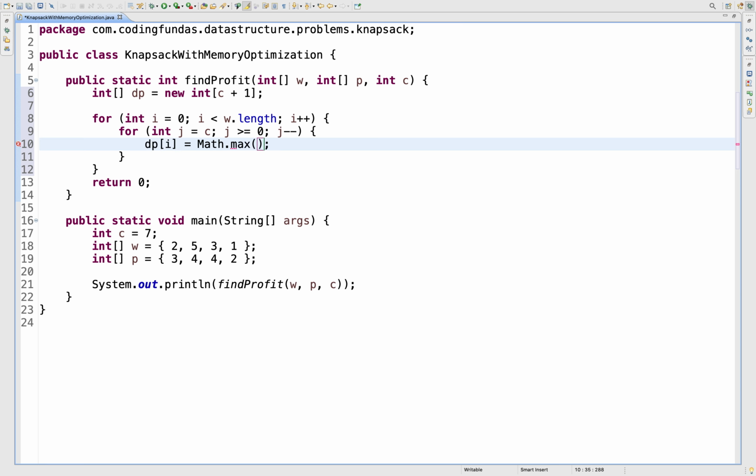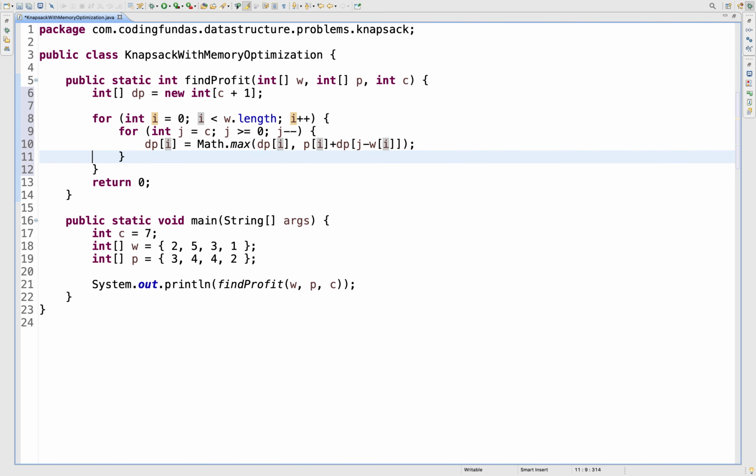Now here also, if I don't consider this item i, my profit will be dp of j, and if I consider this, my profit will be profit earned from i plus the profit that I will earn from excluding this weight.